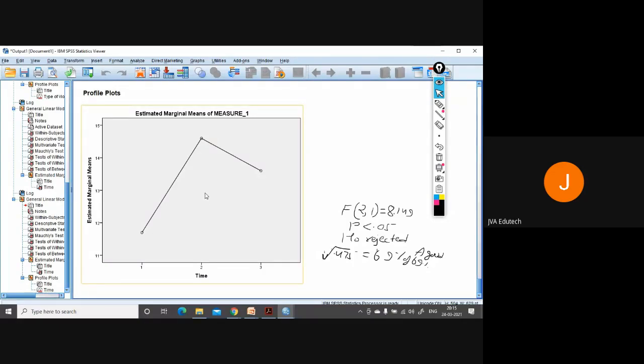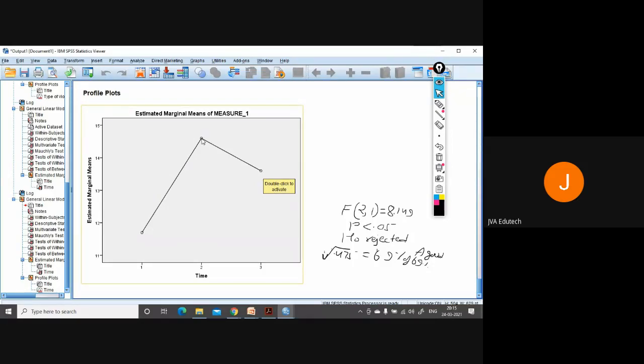So it's very evident that once a person passes out and after 6 months you are taking the exam, their scores may slightly change or decrease. When they were inducted into the course, their score was something around this. When they completed the course, their score in the exam was highest.